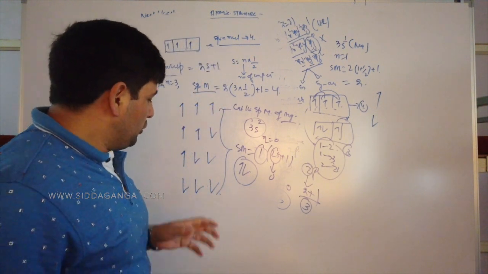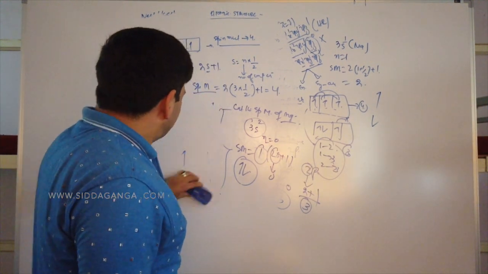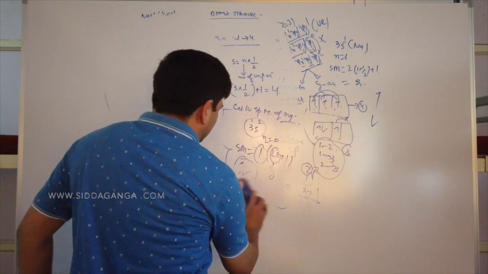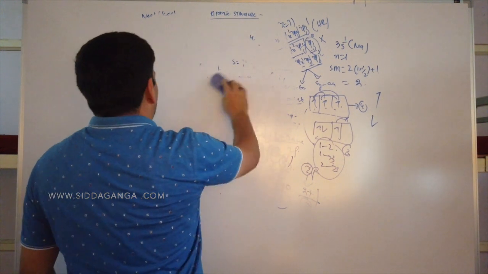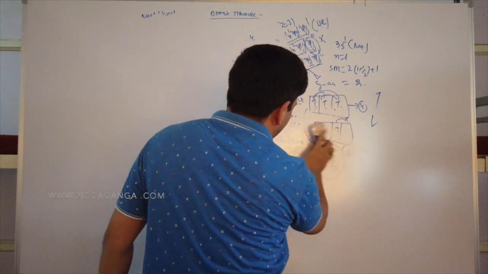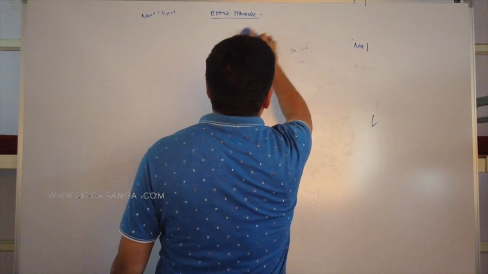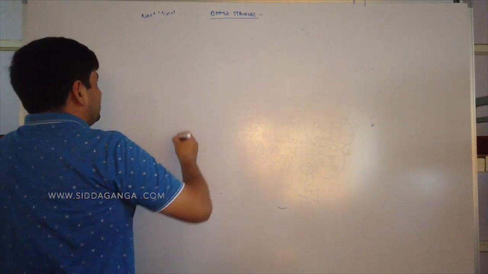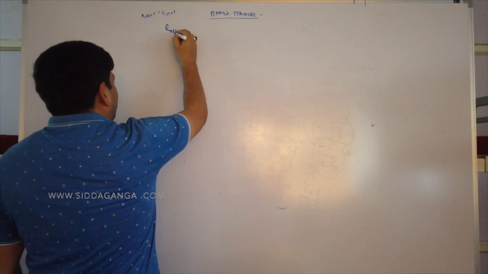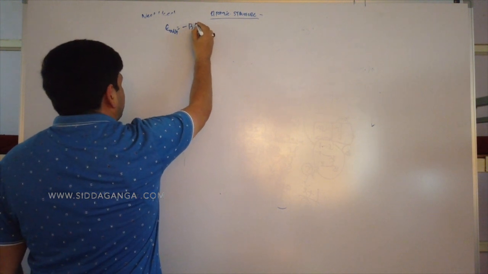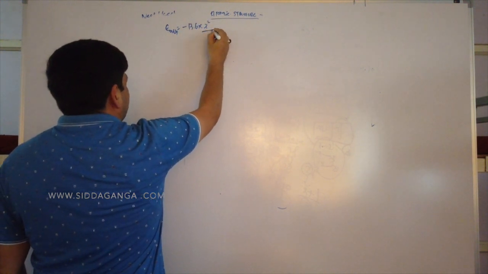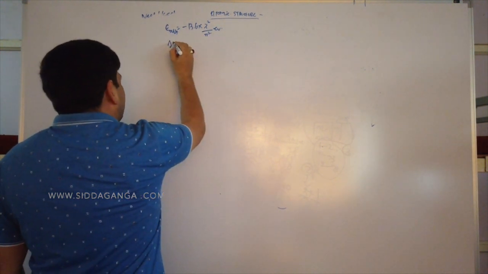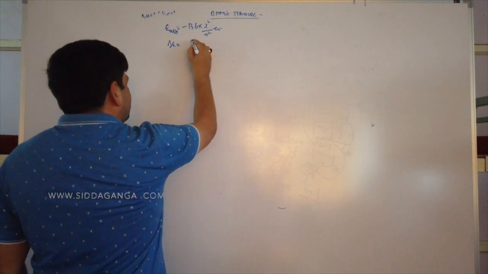Now, children, besides this important part of the concept, we have the concept of the Bohr model, wherein we discuss the energy calculations of various shells, whose basic formulas I will repeat. What are they? The energy of the nth shell of a hydrogen atom is given by minus 13.6 into Z square by n square electron volts. And if you want to find the energy difference, delta E, it is equal to